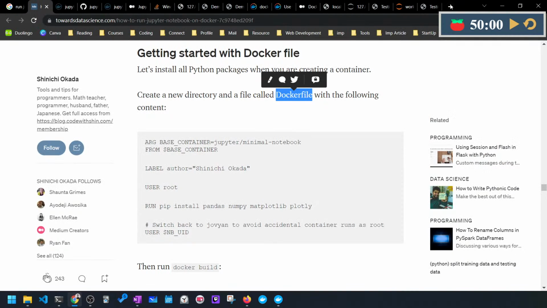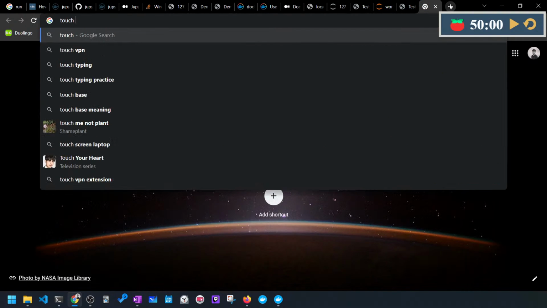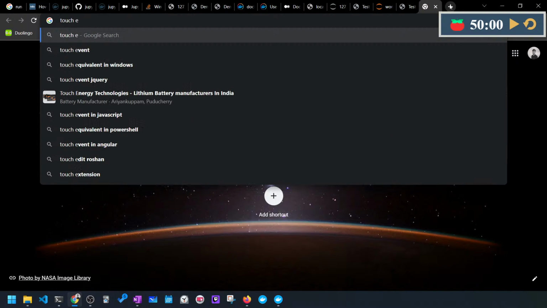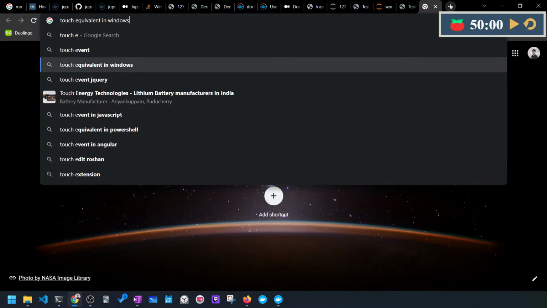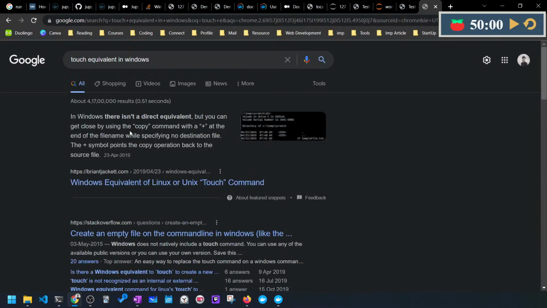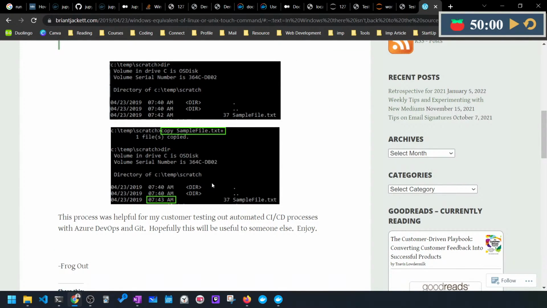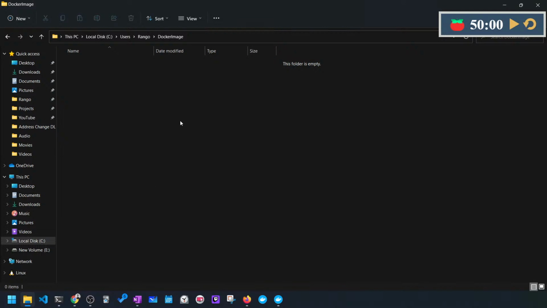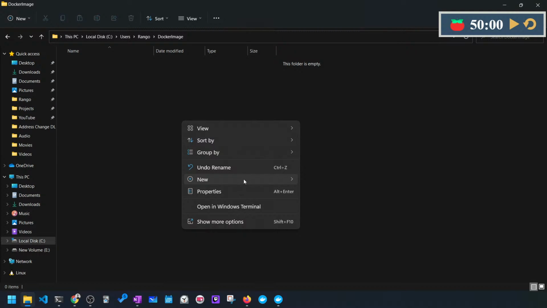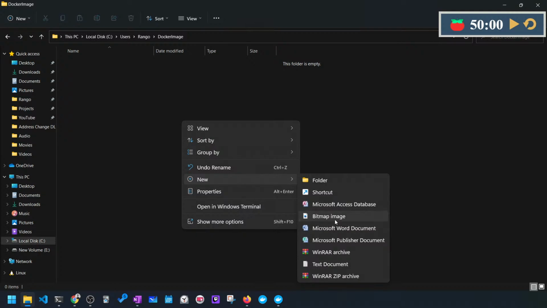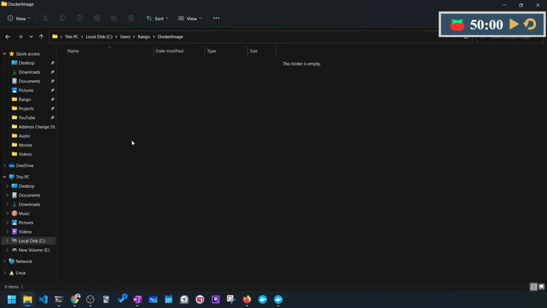Touch equivalent of Windows. What is this? Windows sucks sometimes. Shortcut, bit image, text document. I just need to create. Let me open this file